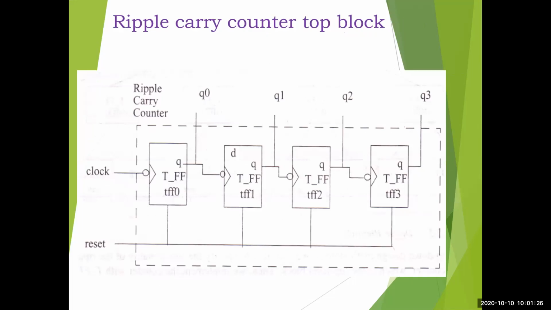This is the figure, which we refer to from the first figure. The ripple carry counter will have 4 T flip flops. T_flip_flop is the module, but the instances are different here. The first instance is TFF0, for which clock and reset are the inputs and Q0 is the output. In vector form we will write it as Q[0]. For the second flip flop, reset and Q[0] are the inputs and Q[1] is the output. For the third flip flop, Q[1] and reset are the inputs and Q[2] is the output. For the fourth flip flop, Q[2] and reset are the inputs and Q[3] is the output. In the same way we'll instantiate the blocks.